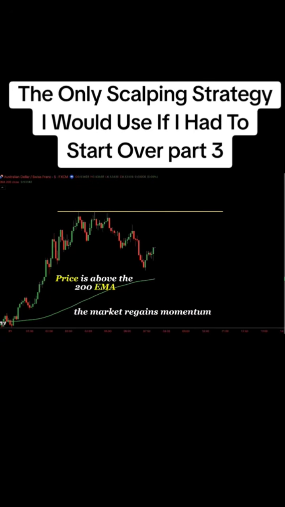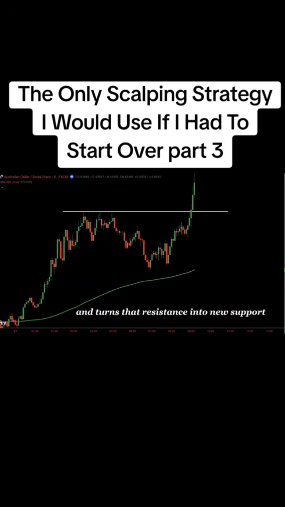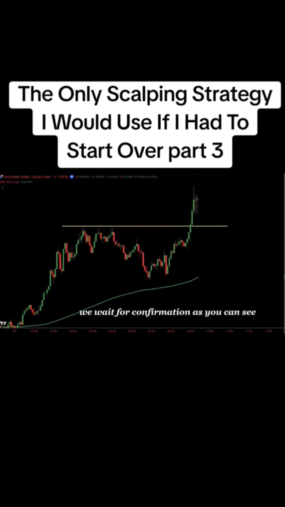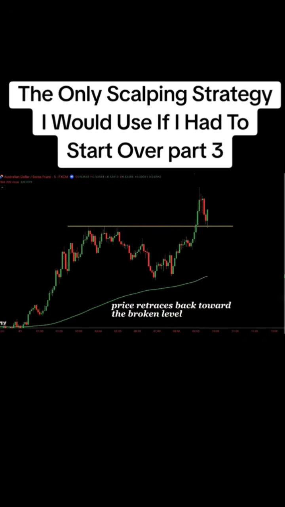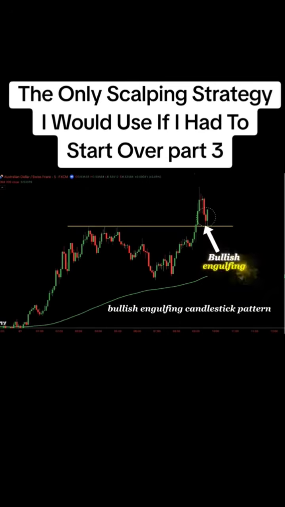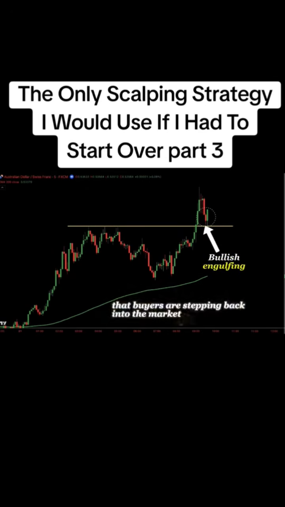The market regains momentum, breaks above the old resistance level, and turns that resistance into new support. But instead of entering immediately after the breakout, we wait for confirmation. As you can see, price retraces back toward the broken level, reacts from it, and forms a strong, bullish engulfing candlestick pattern. This is a powerful signal because it suggests that buyers are stepping